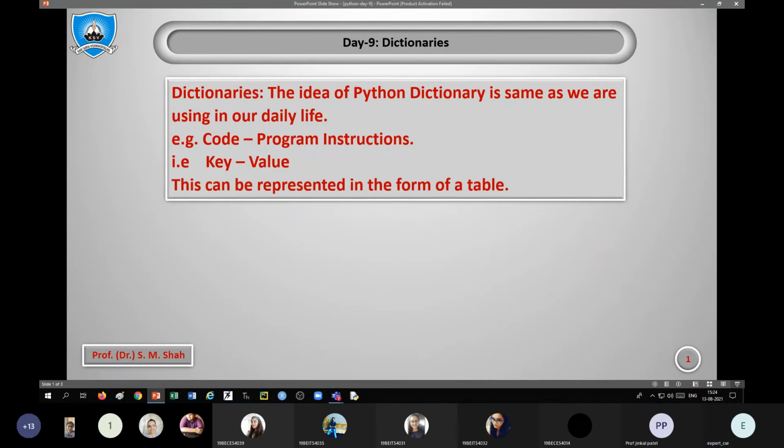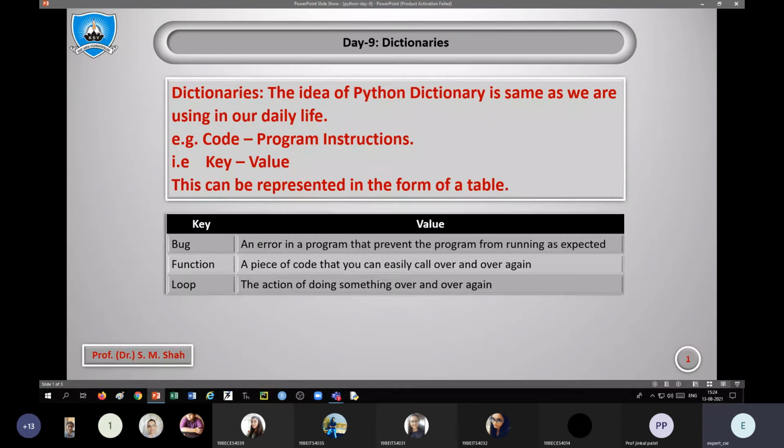The same can be represented in the form of a table also. Bug is a key. Bug means an error in a program that prevents the program from running as expected. This is its value.